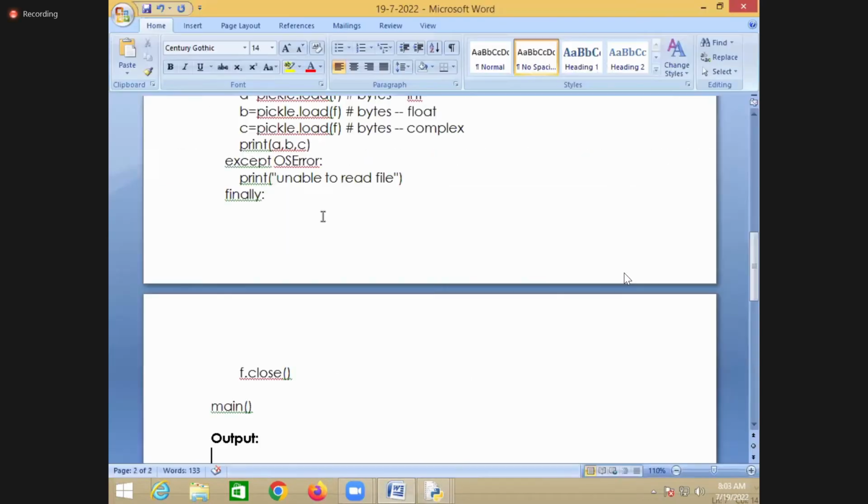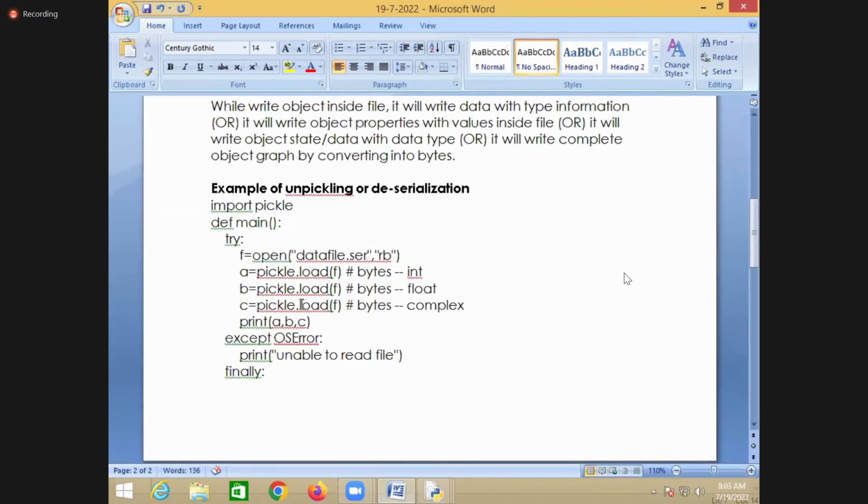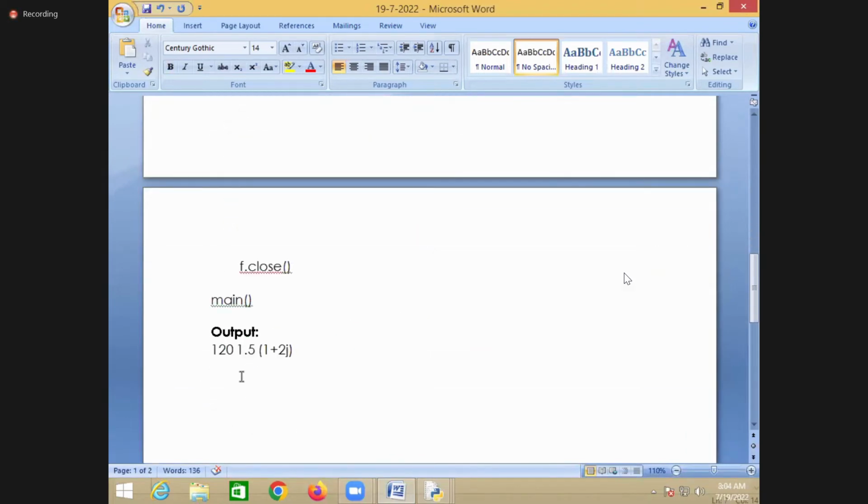It's nothing but getting the existing state of the object. That process you call unpickling, or the same thing is called deserialization, right?